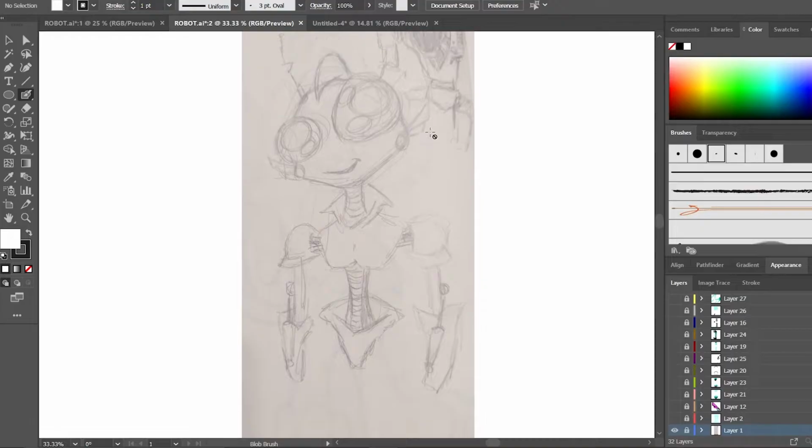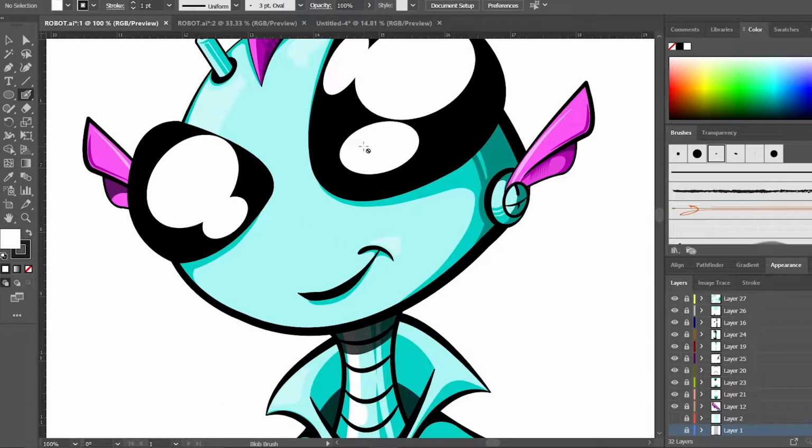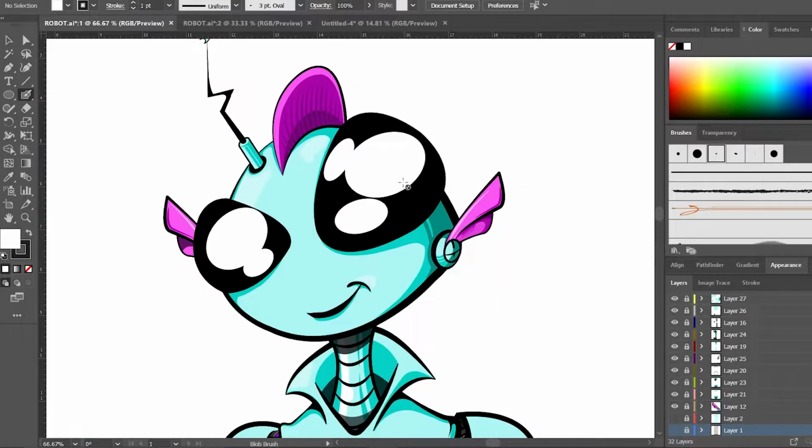You can see my sketch here. It's kind of rough. I don't draw them really detailed anymore because if I'm going to bring them into Illustrator, I can change a lot of this. So this is where I am on the sketch right now. I've made quite a bit of improvements, and I will add a time lapse after this description of how I do this. Anyway, it's not finished yet, but in this one I used a combination of pen tool